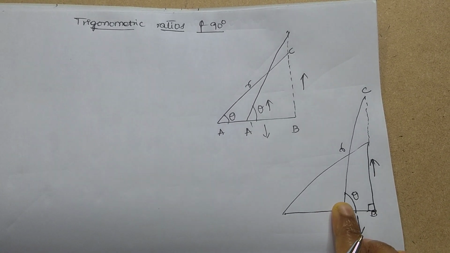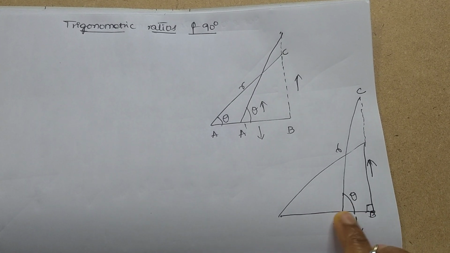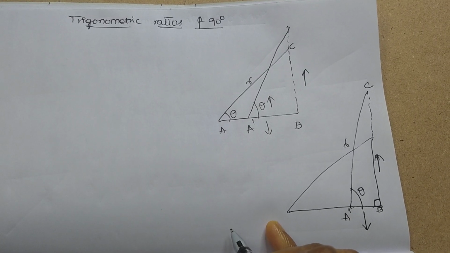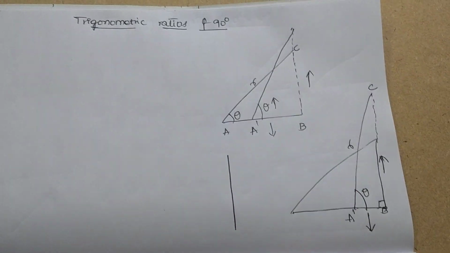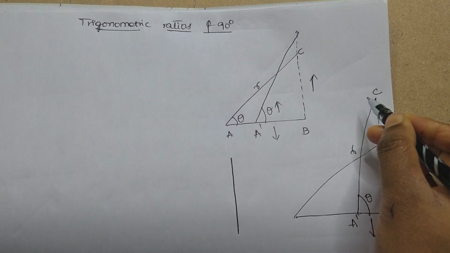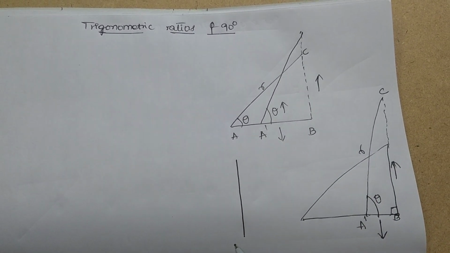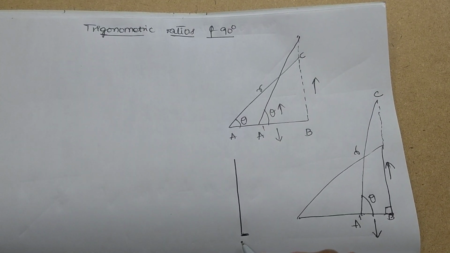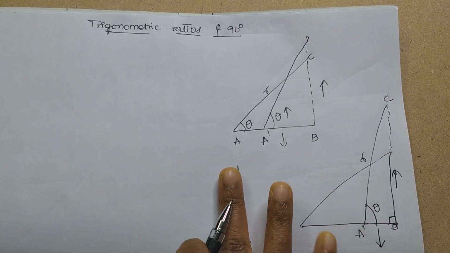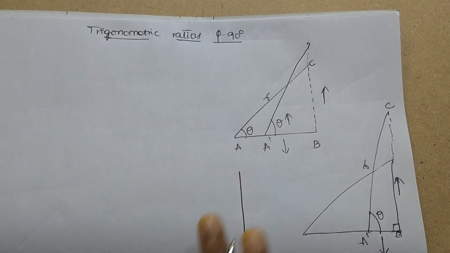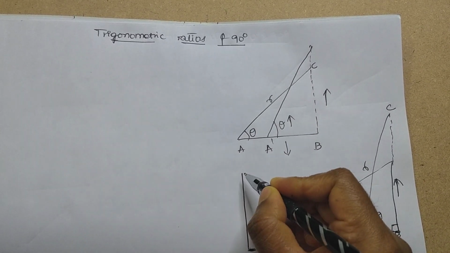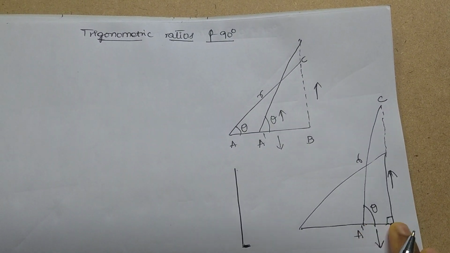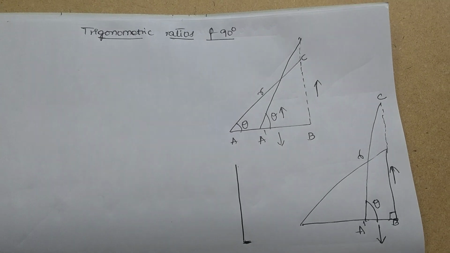When the theta value is 90 degrees, it means what? It still moves here. I will show you the 90 degrees position. The theta will be like this, with too much height. Here the distance is nullified. The distance A dash B does not exist. Means the ladder is just placed to the wall. The ladder and the wall will be placed together. It means the distance A dash B is nullified, such that 90 degrees is formed.